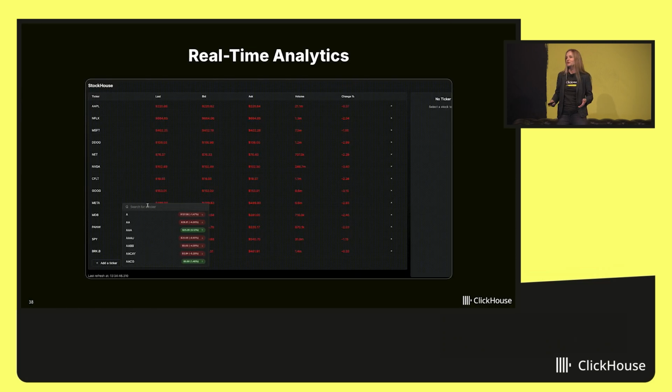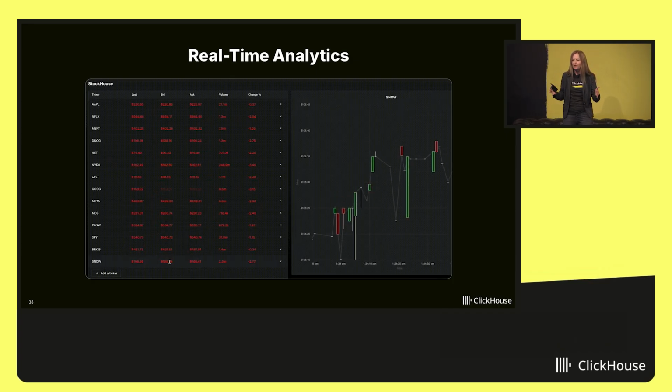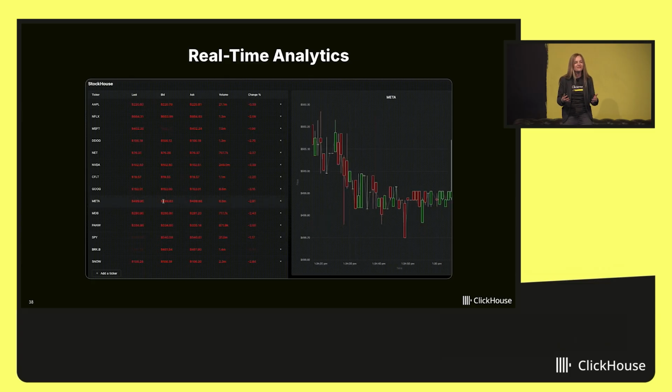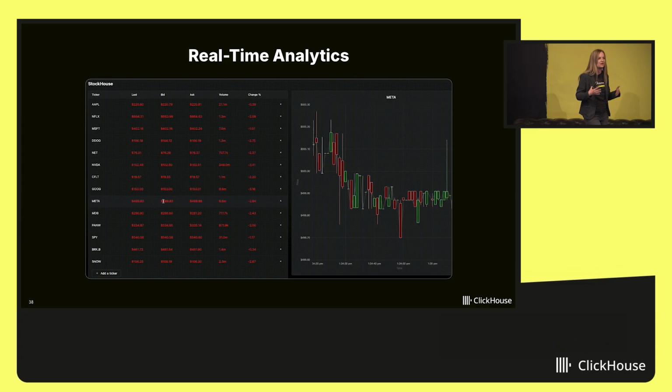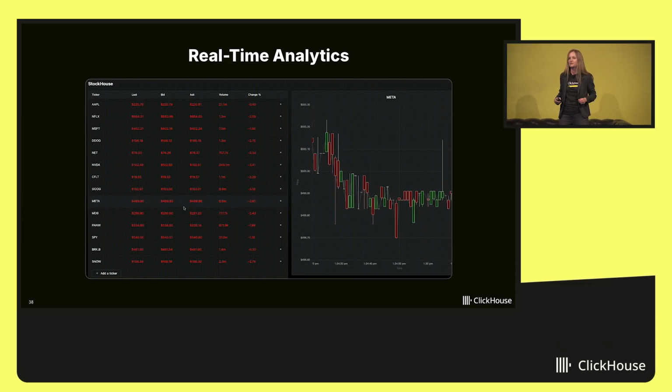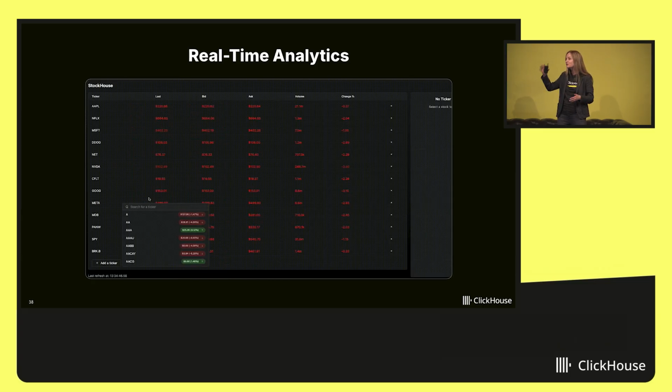So again, real-time analytics, customer-facing applications, typically, when you hear that word, you might think, oh, this is like real-time data. This is like streaming. Not necessarily. Yes, the data should be fresh, but also there has to be a historical component to it. In addition to looking at the most recent data points, I want to run a report over all the data points in history. And this history could go back years, potentially, depending on the use case.